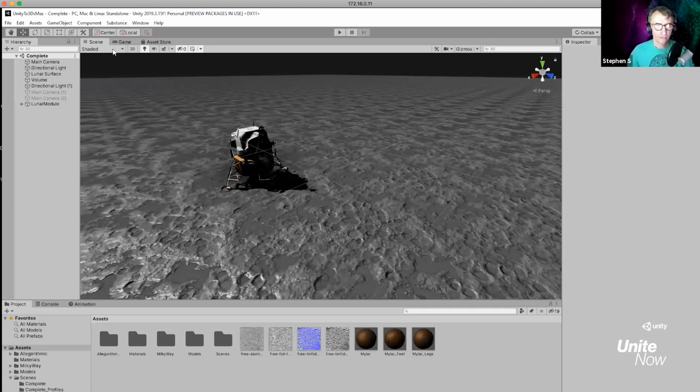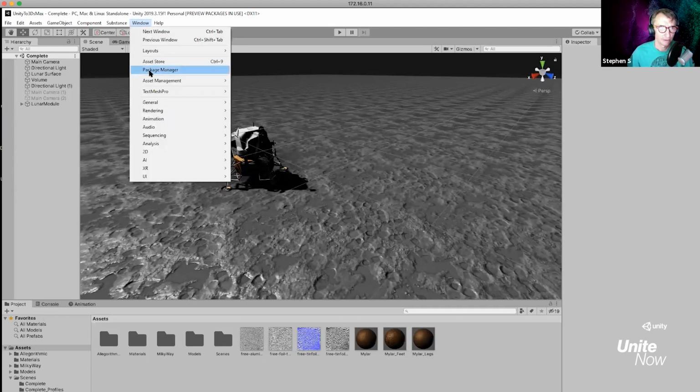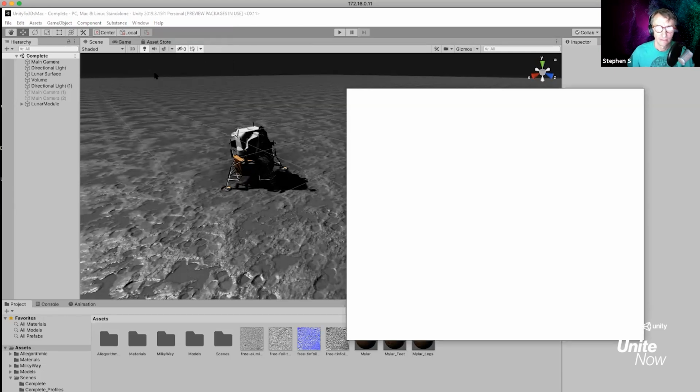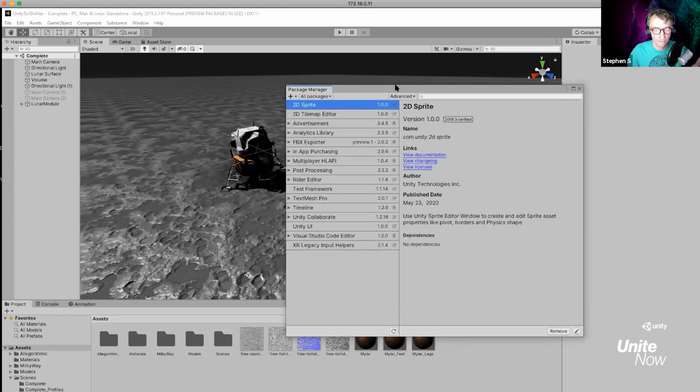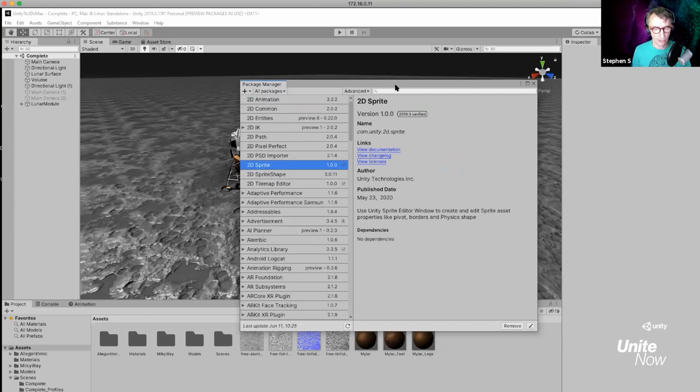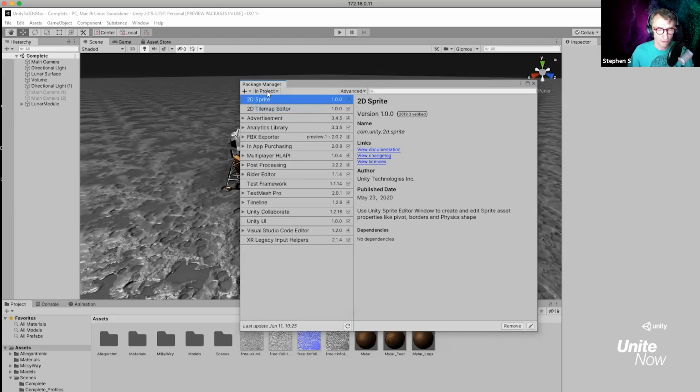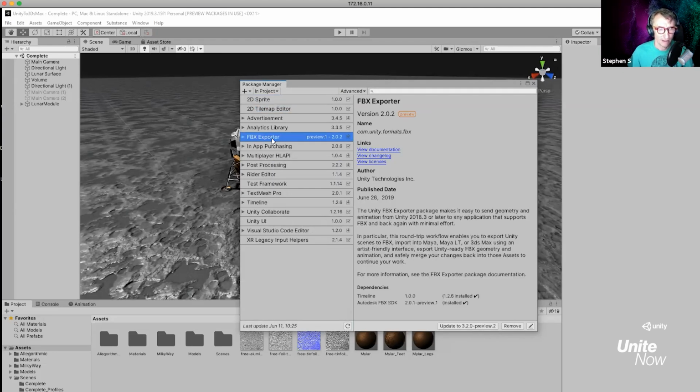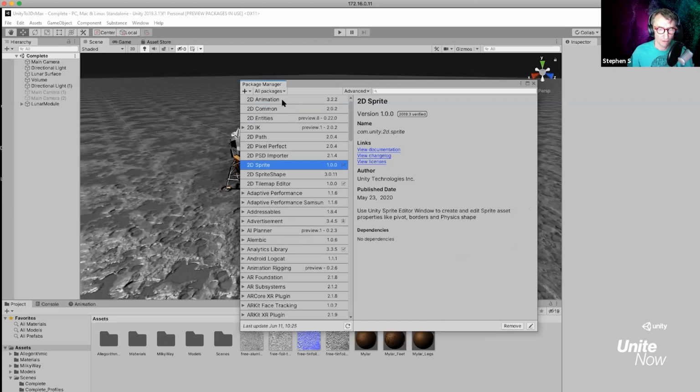Right. So the very first step of this is I'm going to go to Window. Once this is opened, I am going to go to Window and then Package Manager. In the Package Manager, there's a couple things. Generally with this project, the FBX Exporter was already installed, so when you open it, you're probably going to see that the FBX Exporter is listed. If you just show in project, you might see it in the list. I have it right there. If it's not showing up for you, make sure that All Packages is selected, so that you can see every package that's available.